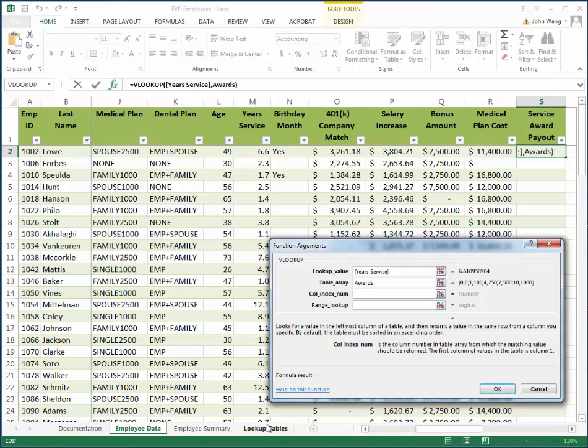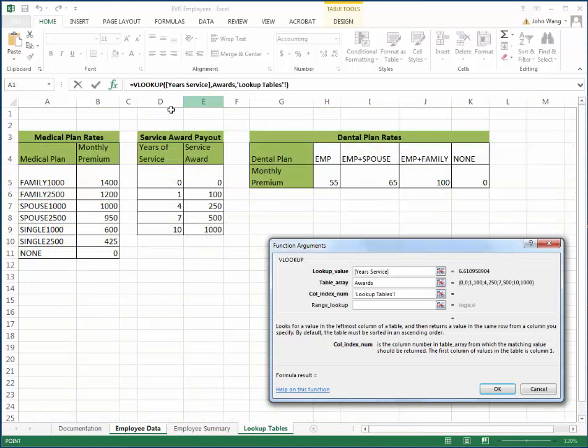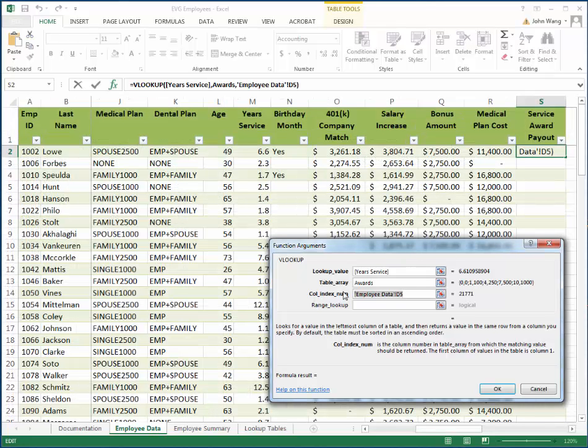Let's have a look at what that entails. So the awards right here is within the D5 to E9. So the first column is the year of service. The second column is the service award. So we just want to use this information now because we went to look at the spreadsheet. And what we want to do is we want to say we are looking at the second column in that table. And then the range lookup is going to,